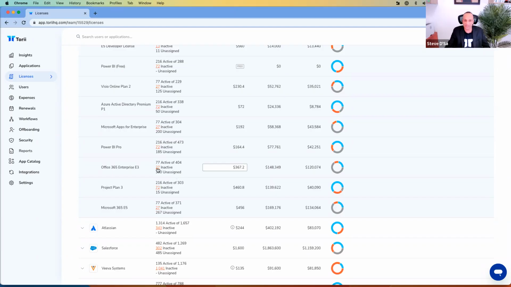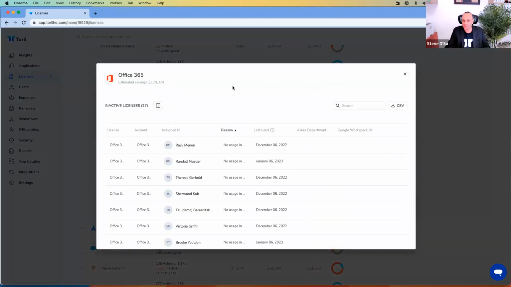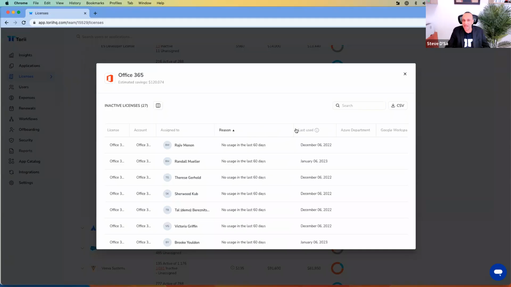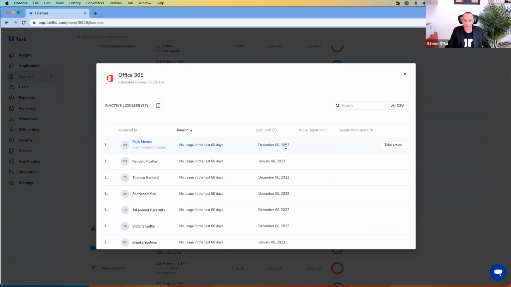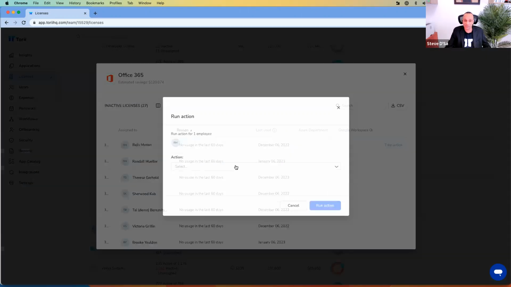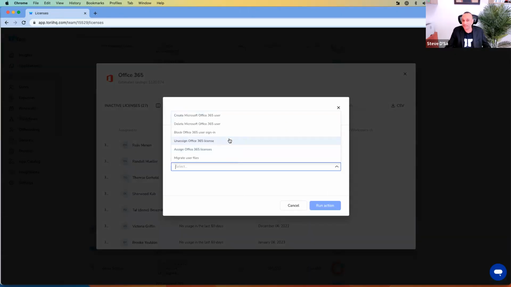But as we drill into the individual licenses, we'll be able to see how many of these users have an Office 365, in this case an E3 license, but haven't used their license in the last 60 days. How many of these users might have already left the organization, but still have a license? In Torii, we do have the automation capabilities where we can go in and unassign that license right off the bat. Ideally, you want to have this driven by a Torii workflow so that we automatically